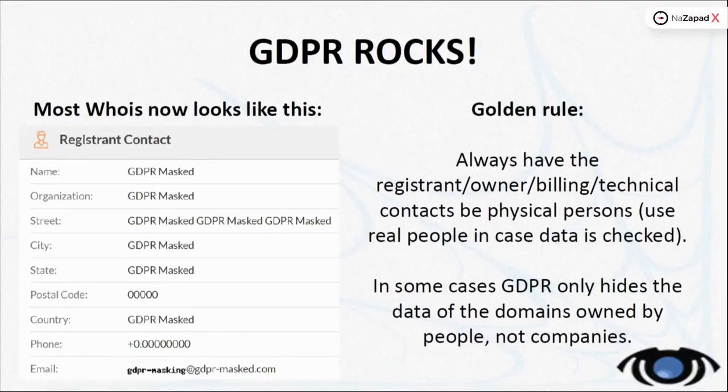And for ccTLDs, golden rule, always be a physical person, because then you're more protected by GDPR, which is a privacy law, so it applies more strongly to physical persons than companies. And always be a real person, and if you know, which is easy to check with a random domain, if you know that your data in the Whois is not going to be public, just use your real name, real email and real everything, and then you don't have to fear any checks or losing the domain, as it has happened to some people using fake data in ccTLDs. This is not a good idea, but it's not visible, so don't worry.